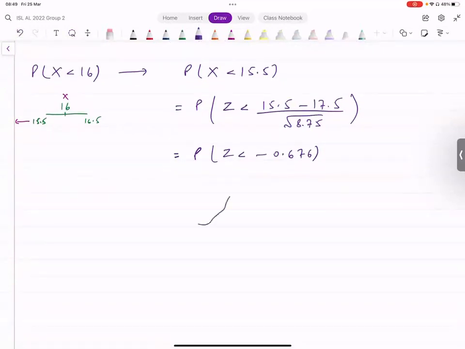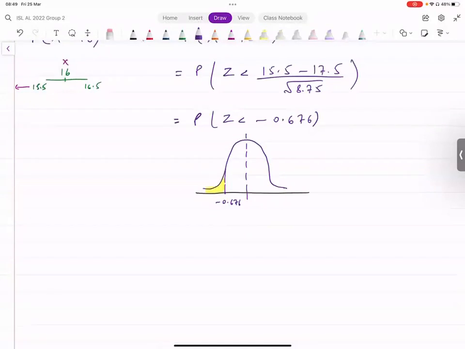ठीक है, अब ये स्टैंडर्ड फॉर्म के अंदर नहीं है। अगर आप नॉर्मल डिस्ट्रीब्यूशन पे इसको देखें रफली, if this is your curve, तो z जो है आपके पास यहाँ पे लेफ्ट पर आ रहा है, this is minus 0.676। आपको इसके लेफ्ट साइड वाला एरिया चाहिए। What we can do is, सबसे पहले we can flip this, इसको दूसरी साइड पे ले जाएं। This area is equivalent to this area on the right side. तो हम इसको लिख सकते हैं as probability of z greater than 0.676, that's the same thing as that।